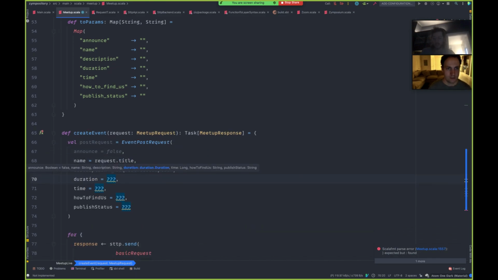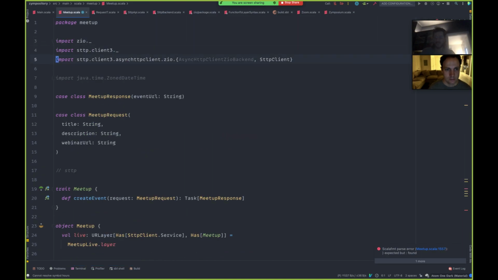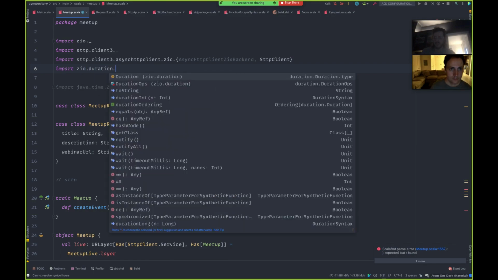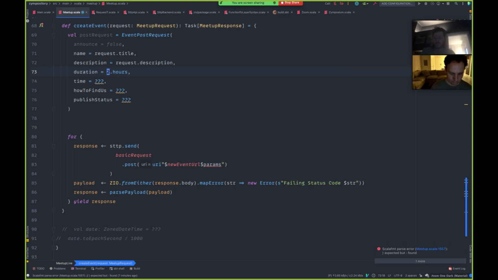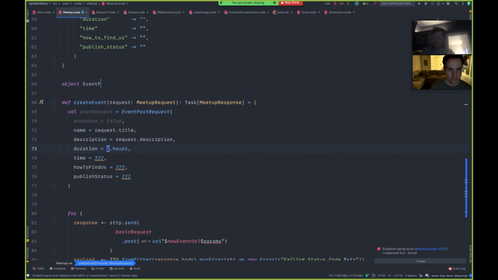And here we're going to want some default values. I'm not sure. I think we usually do 2.hours or 2 hours, even though it's usually only 1.5 hours, I could change that. Import zio.duration.all. Oops. Well, I can't do that. I have to do 90 minutes. I think it's pretty safe to do.